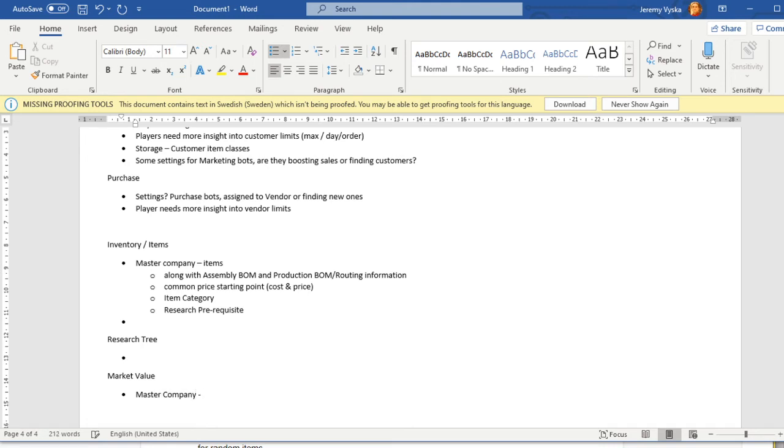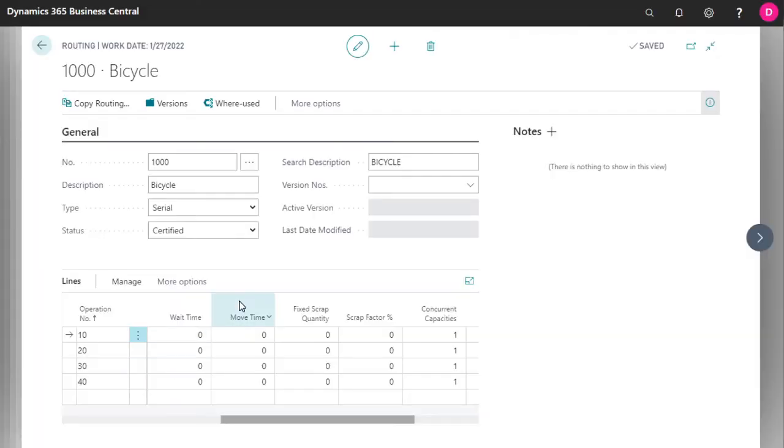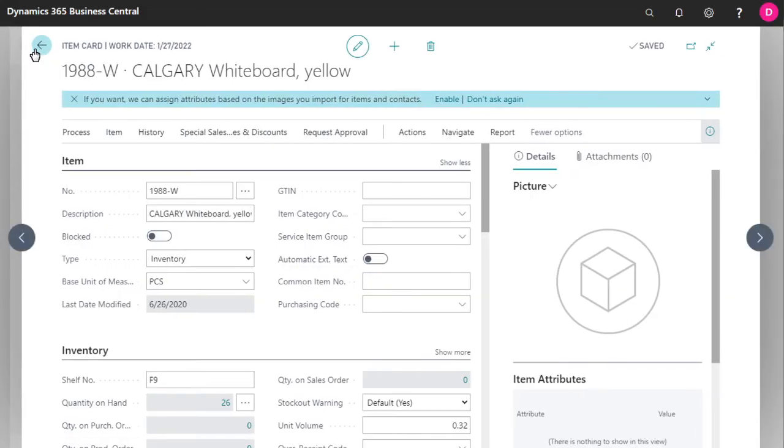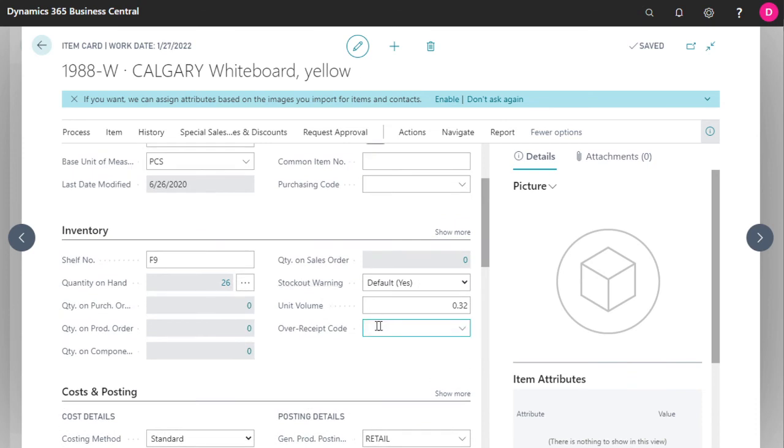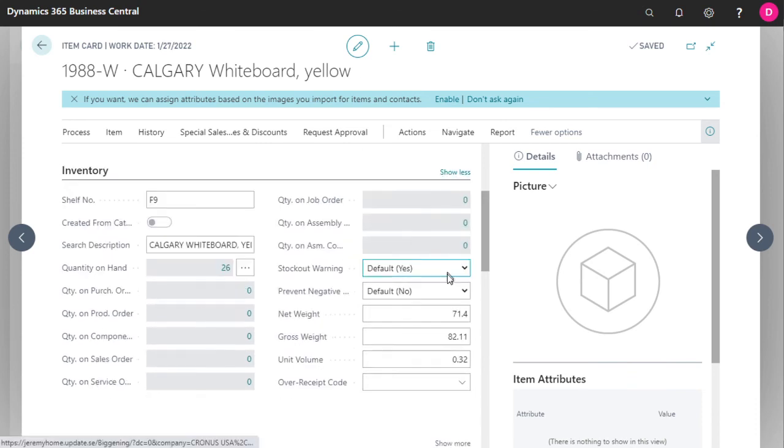So in the master company, per item, demand-based pricing, and so that might be actually a lot of fun now that I think about it. So for items, players can't create them, obviously, but unlike the customers and vendors, they can control some settings. Which settings should they be able to control? Well, I like the idea of here in the item card, we have the ability to decide